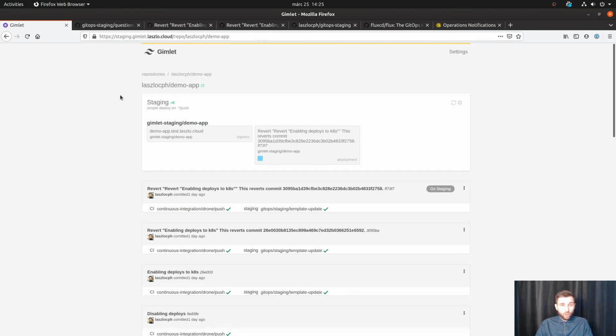Also, if you have a config map error or something is missing, it will notify you, and maybe proactively as well. So if you try to deploy an image that doesn't exist, you will not get an error image not found, but instead you will get prompted right before your deployment. So these are the obvious next steps with Gimlet,